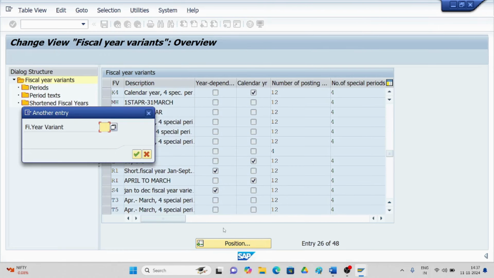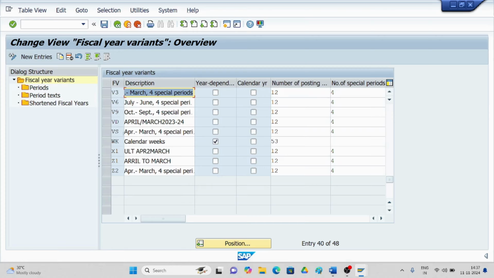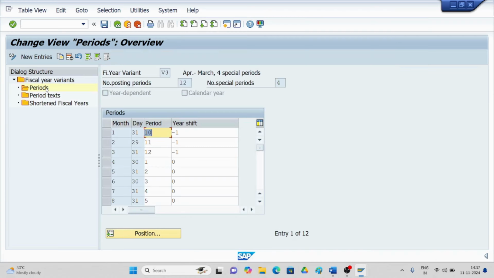If you go to V3, for suppose it's a non-calendar year, you can see in the description that it consists of 12 periods, whether calendar or non-calendar, plus 4 special periods. If you select this line item and go to the periods, you can see what periods are available in SAP. Here the fiscal year variant is V3, the number of posting periods is 12, V3 describes April to March, and the number of special periods is 4. These are the months: first month, second month, third month, fourth month, fifth month, sixth month, seventh month, eighth month,